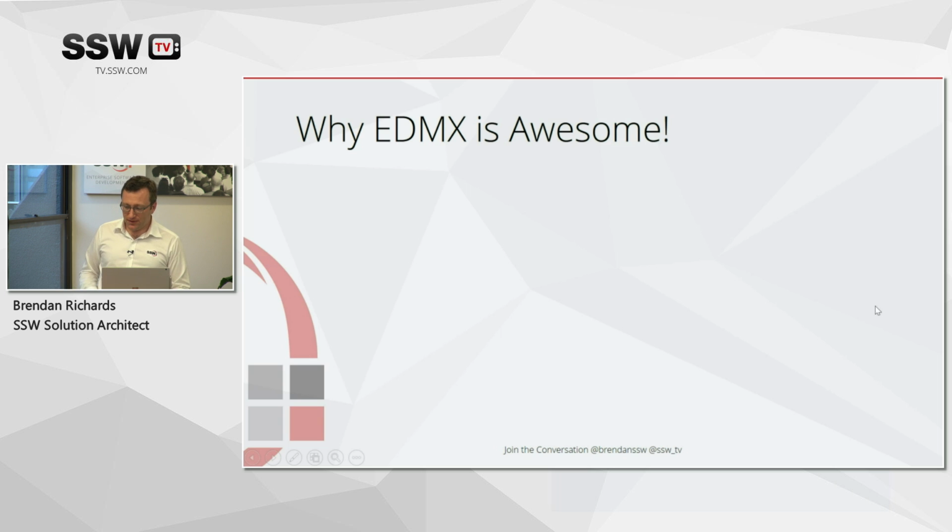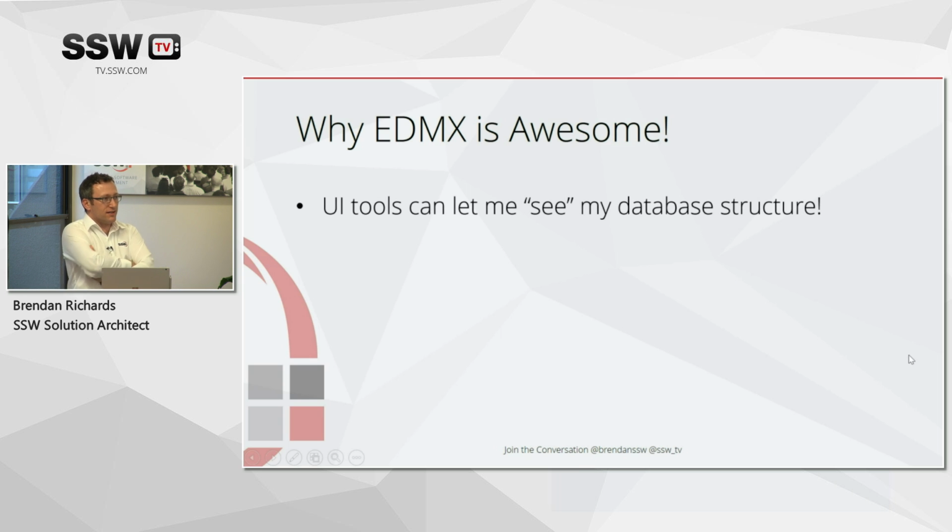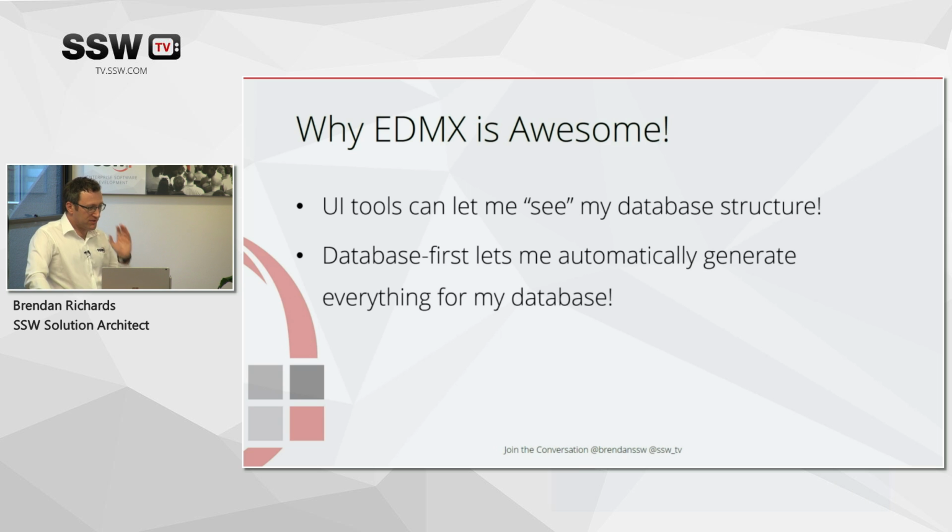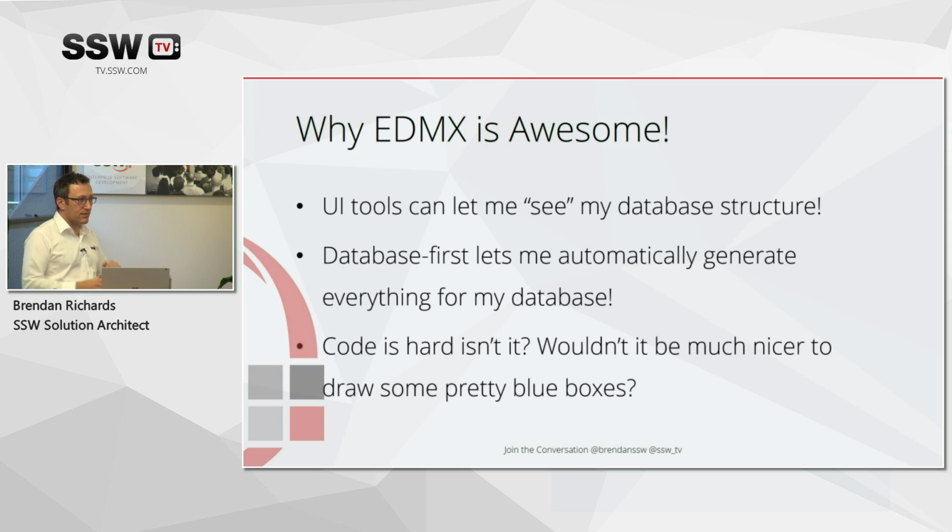Okay, so one feature that's been with Entity Framework for a long time, and a lot of people like it, is EDMX and database first. With EDMX, you get this fantastic UI tool that lets you see the structure of your database. It plots the tables out, puts lines between them. It also lets you just point it at a database. It'll run some scripts and generate the EDMX files for you. It will generate a whole set of classes and basically give you a data layer against that database as it is. And I think the main thinking behind it is code is hard. It's much easier to just point a tool at it and draw some pretty blue boxes and have it all done for you.